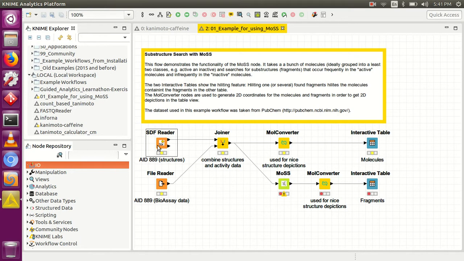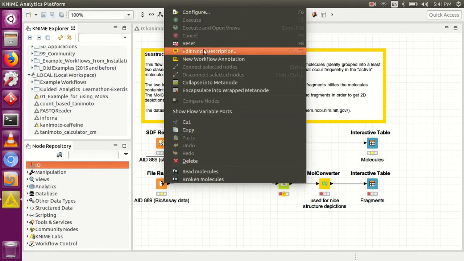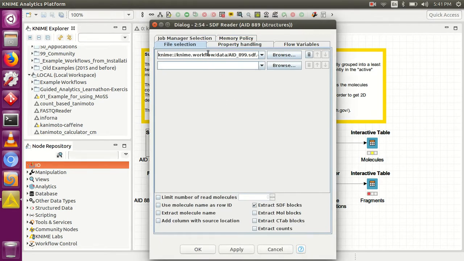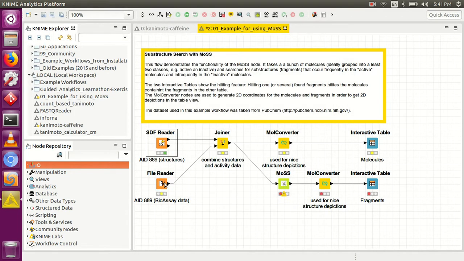If I wanted to actually run these nodes, I use this little green button up here, and then I can see it's reading something in there. To see what it's reading in, I right click and go to configure, and then it'll show me that it's got a data file here. AID 899, whatever that is. So it looks like this example workflow, I didn't make this, it's very nicely documented by the KNIME people,